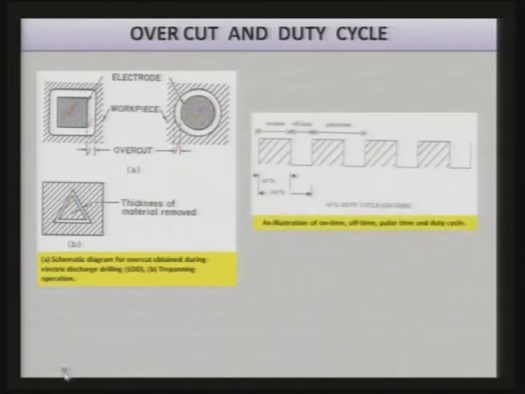Now, I have mentioned to you just now and in the earlier classes also that there is the on time and off time of the pulse, it may be the voltage pulse. In case of a voltage pulse, this represents the on time, that is, when the voltage is on, and when there is no power supply it becomes the off time. You can see clearly that there is a certain width of on time and a certain width of off time.